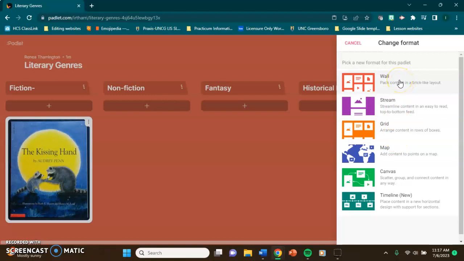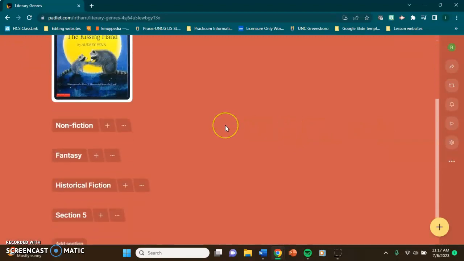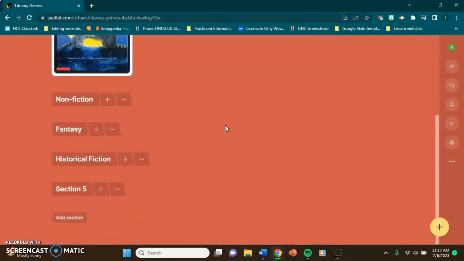Now it can get pretty lengthy from left to right if you continue to do all of your genres that way. So let's try adding it as a grid. So it's going to arrange the content in rows of boxes. So this may be a little easier for students to navigate if they needed to reference this,